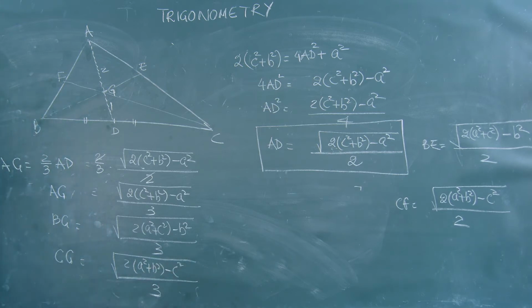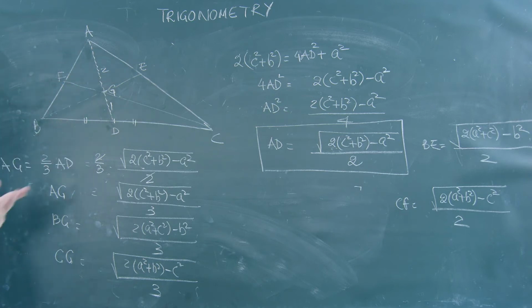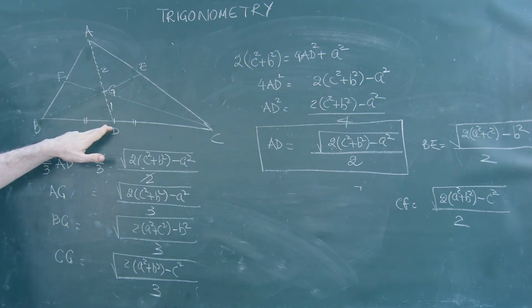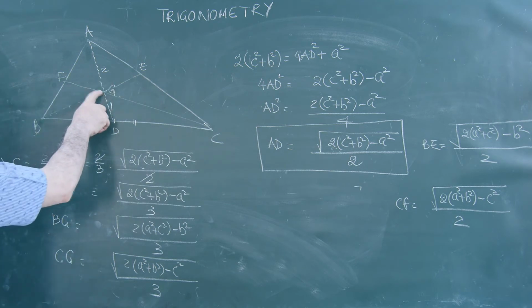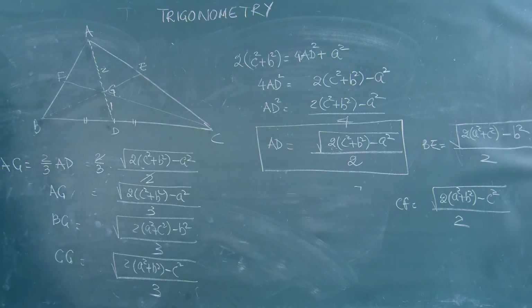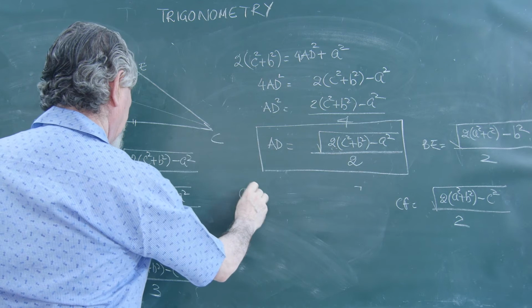I have calculated the upper portion AG. I can calculate GD also. GD will be 1/3 of AD. Similarly, GE will be 1/3 of BE, and GF will be 1/3 of CF. And what will those values be? If I want to calculate GD, for example, GD will come out to be